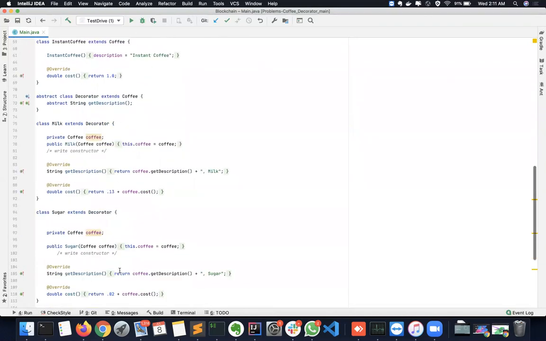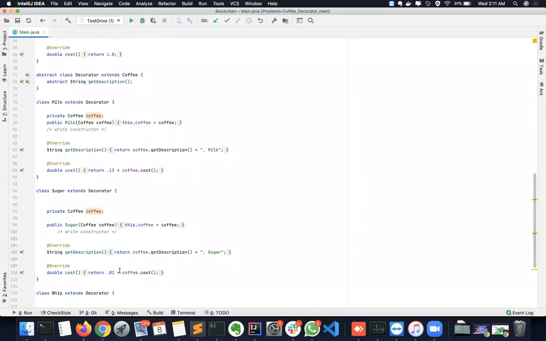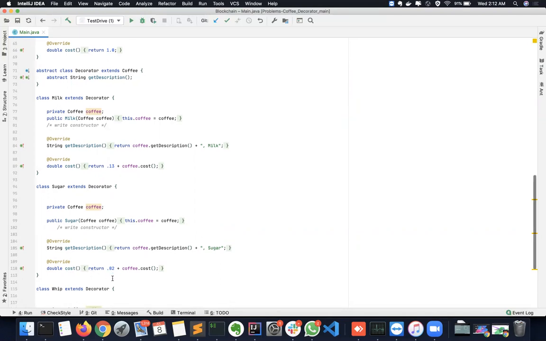Next, sugar. Sugar is also added to a coffee. So that also extends the decorator class. It will have a description of adding sugar, then it will have its own cost. And a whip.